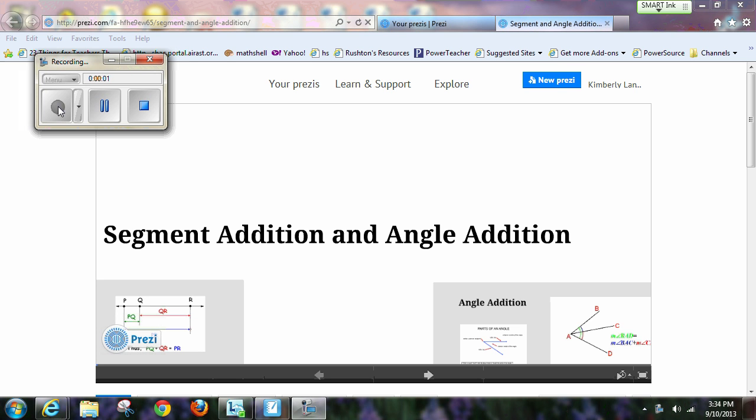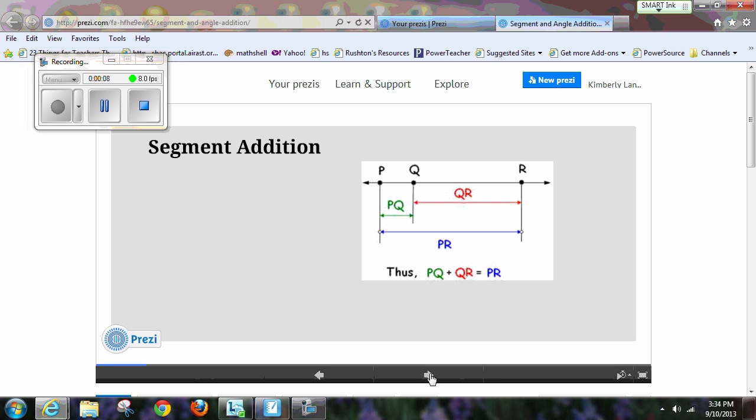This Prezi presentation is about segment and angle addition. As you can see, segment addition is a rule where we combine one segment with another segment